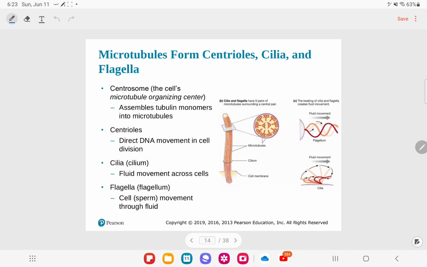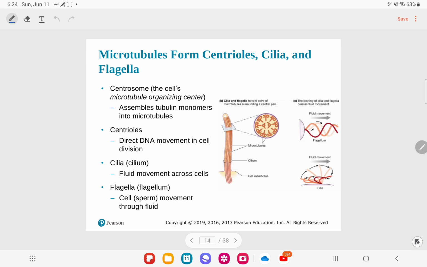Okay, so these microtubules, again, are going to form centrioles, cilia, flagella, and that centrosome, if we remember, that lies directly next to, outside of that nucleus. The centrosome is going to be the cell's microtubule organizing center, so we're going to be able to assemble those tubulin monomers into microtubules. The centrioles, which are within that centrosome, are going to be able to direct DNA movement in cell division, directing the movement of those